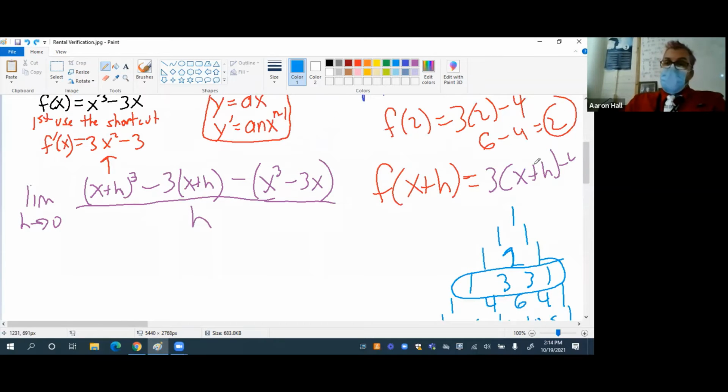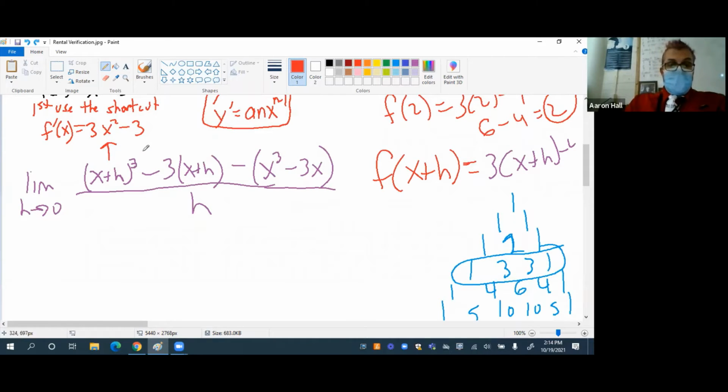And so when I expand this, remember we're going to get a polynomial. And polynomials are always written with descending order of exponents. So when I expand this, I'm going to write x to the power of 3, x to the power of 2, x to the power of 1, x to the power of 0, and so forth for each one of the terms. So I'm just expanding this piece right here. That gives me x to the power of 3 times h to the power of 0. There's some coefficient in front, plus what? x to the power of 2 times h to the power of